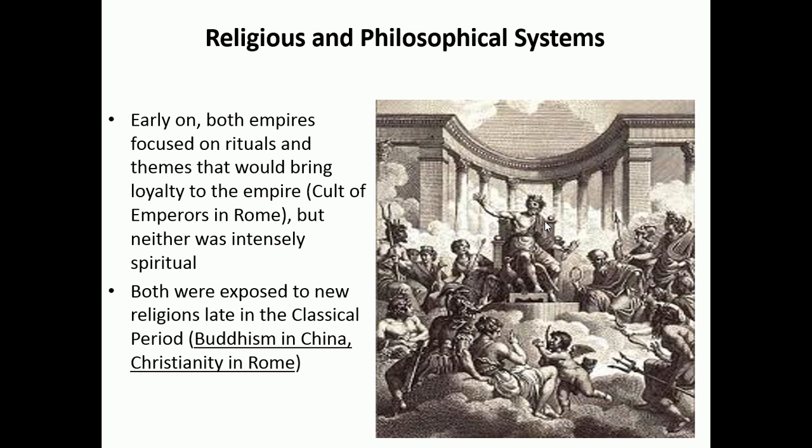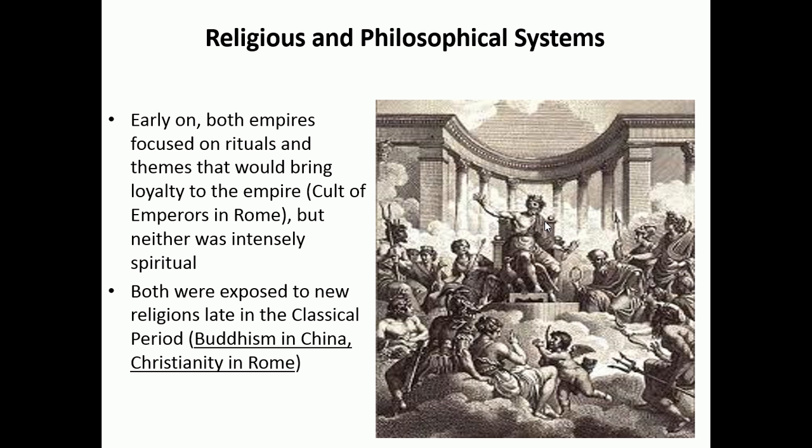So both Rome and Han Dynasty China kind of have ritualistic religions at the beginning of their history. These are the kind of religions that we talked about in the Bronze Age, where you make sacrifices and have kind of an impersonal relationship with the gods. As time moves on, we're going to actually encounter something called the Axial Age. If you look on your learning targets, you can find it in Learning Target 1.